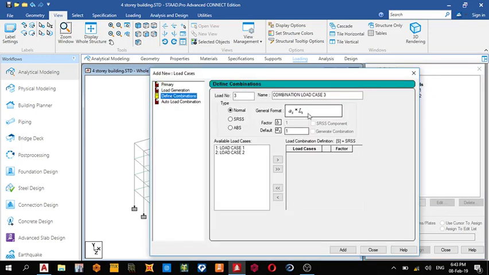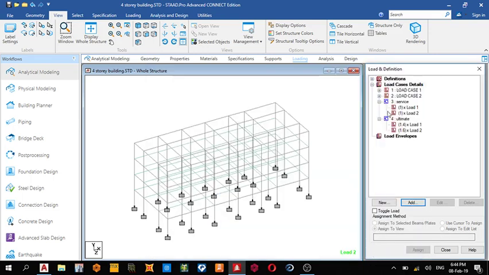So define loading combination. This one is for the service load. Bring it to factor 1. Then the next one is ultimate load. So bring this to 1.4 GK and 1.6 QK. So you add, close. Next thing we do is run analysis,